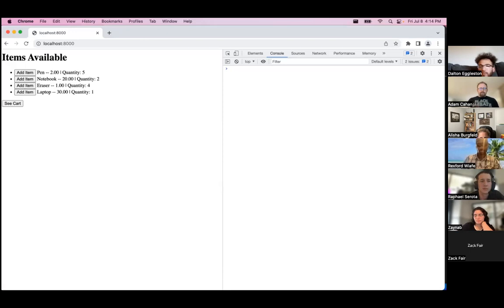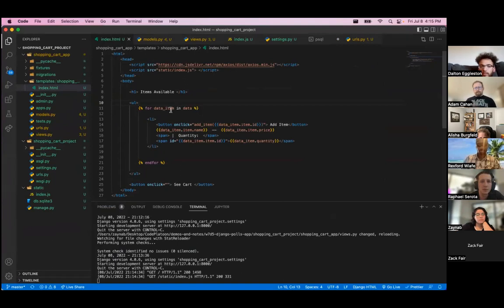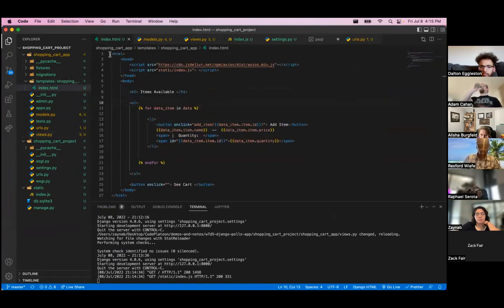Why don't you need to do data item dot item dot quantity? Why is the item left off in the last line? So previously we were sending in our data in this form. We gave it the alias items and we sent in a list that way. So this part, the HTML page, is what I assume